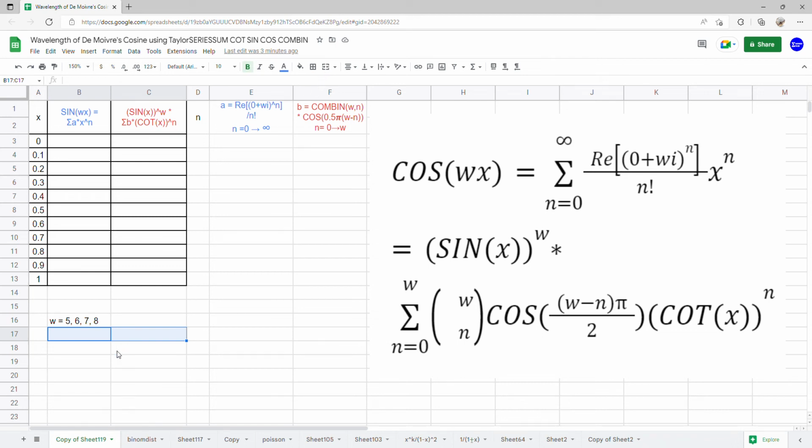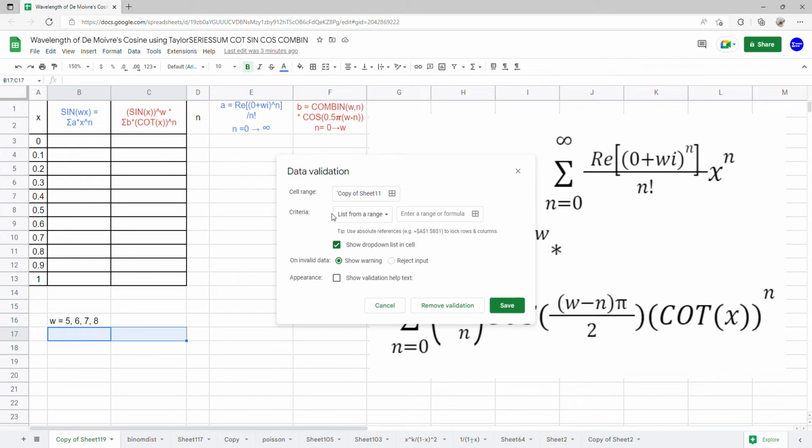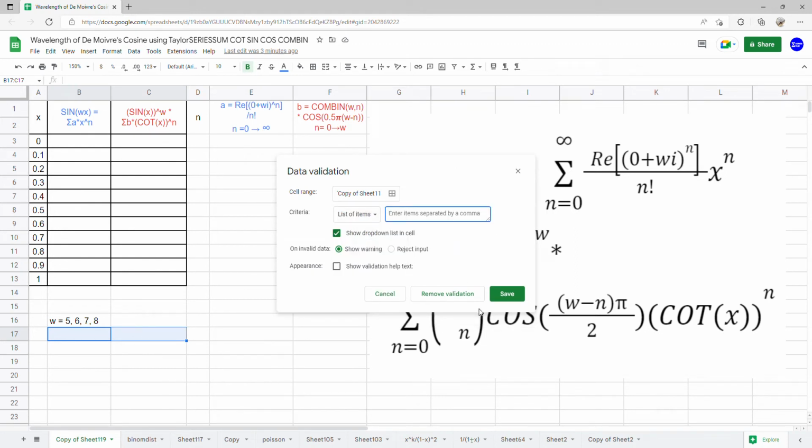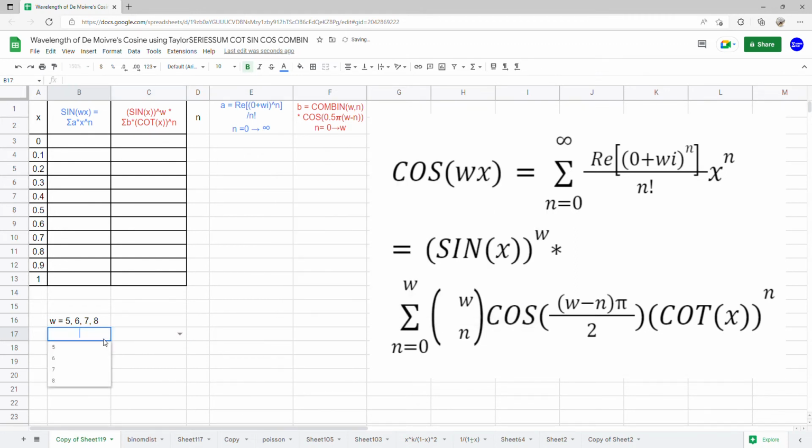In this video, we vary the wavelength of the Moivre's cosine using the Moivre's cosine expansion, the Taylor series expansion, and the cotangent expansion. Begin with the values of W, using data validation, list of items, from 5 to 8, so 5, 6, 7, 8. And the expansion of the Moivre's cosine, which is the summation of a times x to the power n, where